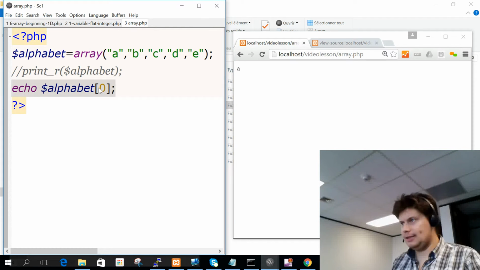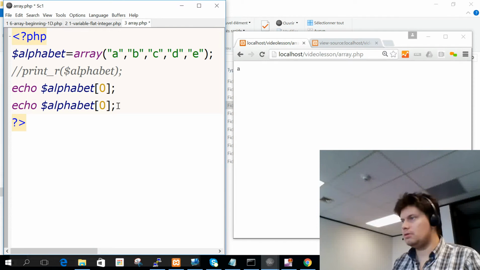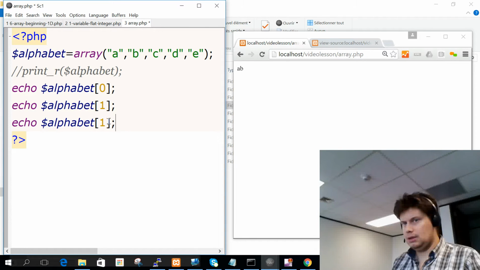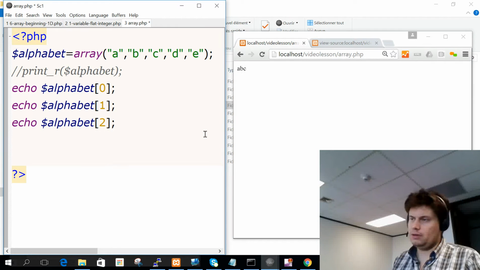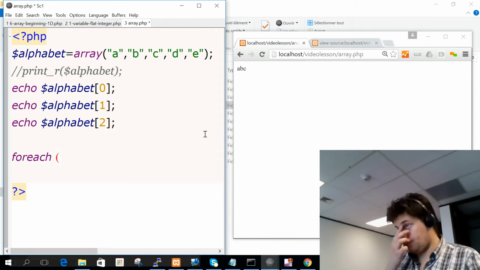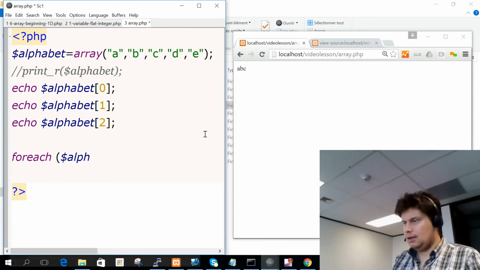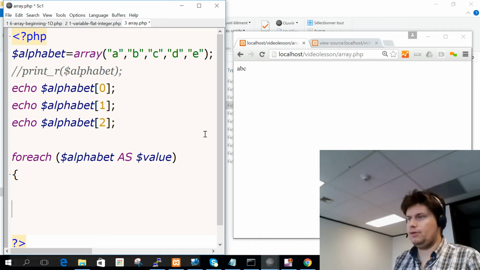If you want to access the second one, you need to do echo alphabet 1 and you will get B. If you want to access the third one, echo alphabet 2. And if you want to browse all the lines